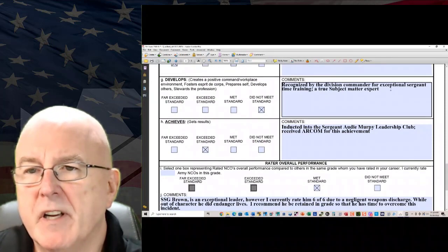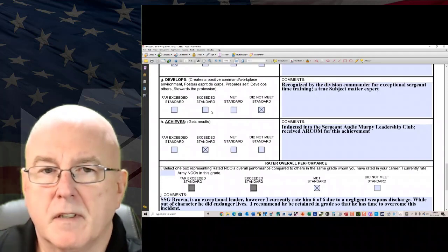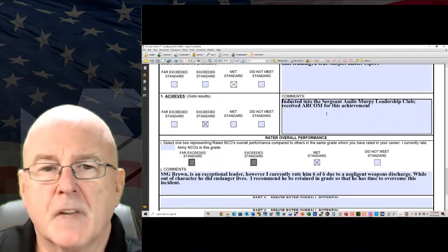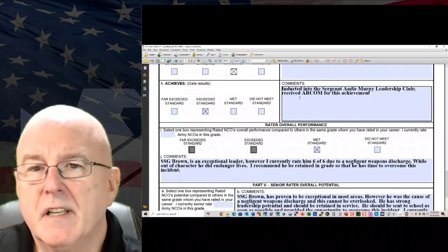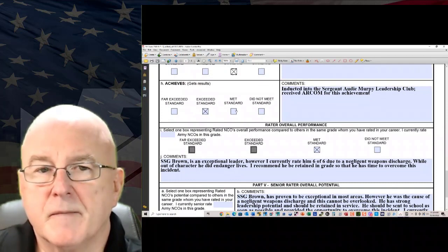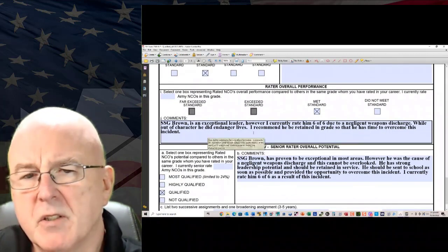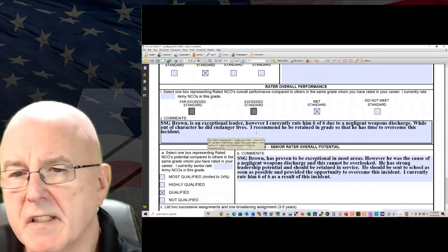Recognized by the division commander for exceptional sergeant's time training, a true subject matter expert. That should be met standard. Achieves. Inducted into the Sergeant Audie Murphy Leadership Club, received an ARCOM for this achievement. Exceeded standard. Sergeant Brown is an exceptional leader, however I currently rate him 6 of 6 due to a negligent